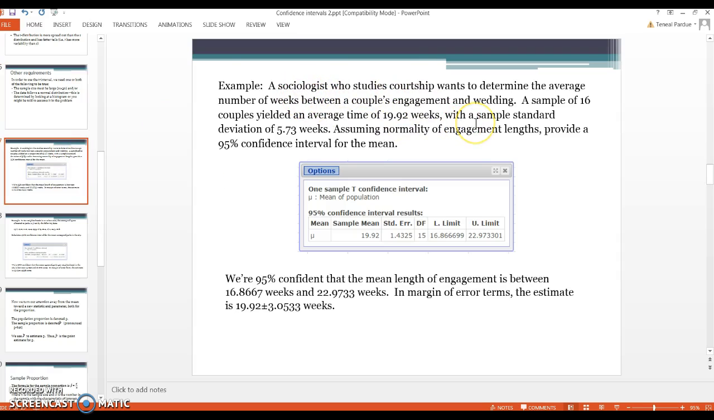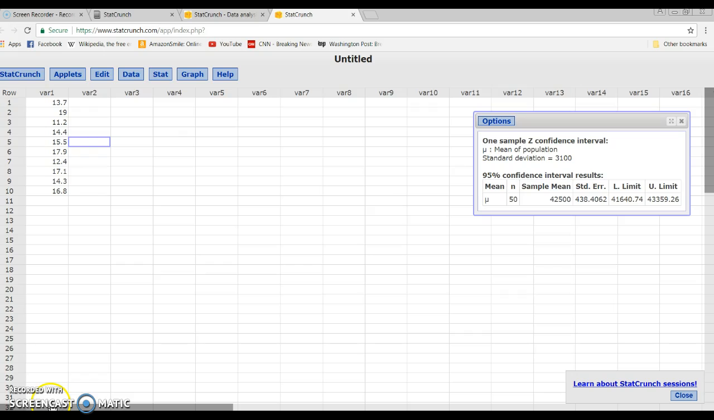We have a sociologist wanting to estimate the average number of weeks between a couple's engagement and their wedding. So we have a sample of 16 couples with an average length of engagement of 19.92 weeks with a sample standard deviation. And notice this is the sample, so that's s. That means sigma is unknown if we're using the standard deviation from the sample of 5.73. They tell us to assume normality, which we need because our sample size is small, and they're asking for a 95% confidence interval. All right, so back to StatCrunch,